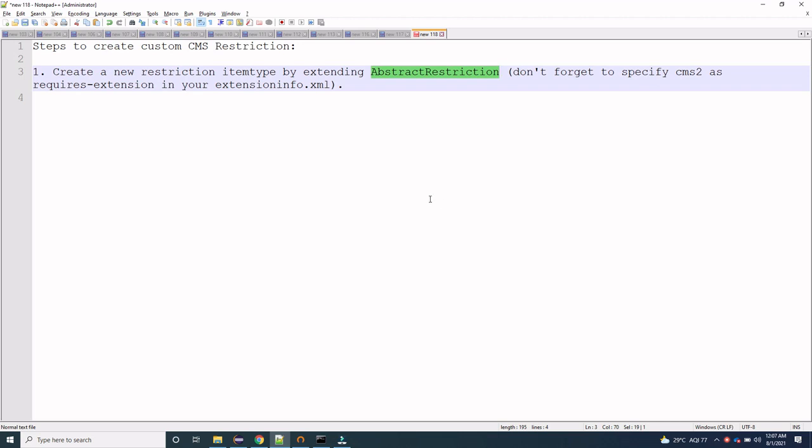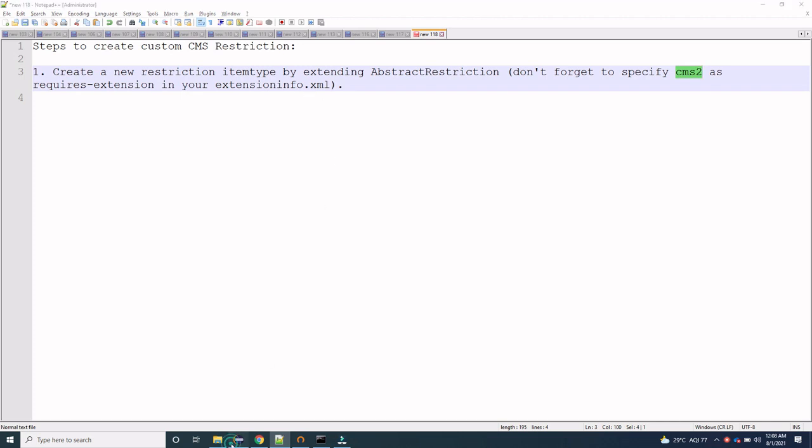The first step is that we have to create a restriction item type which has to extend the abstract restriction item type. We have to ensure that in whichever extension we are defining this item type, we specify CMS2 as a required extension in the extensioninfo.xml.